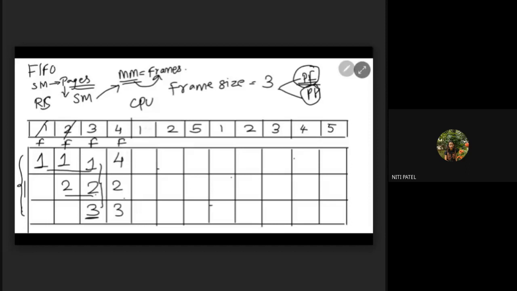So this will be again a page fault. Next I want to load 1. So again to load 1, check the occurrence. For occurrence of 4 is 1, for 2 it is 3, and for 3 it is 2. So since occurrence of 2 is more, replace 2 with 1, copy 4 and 3 as it is. So again there is a fault.